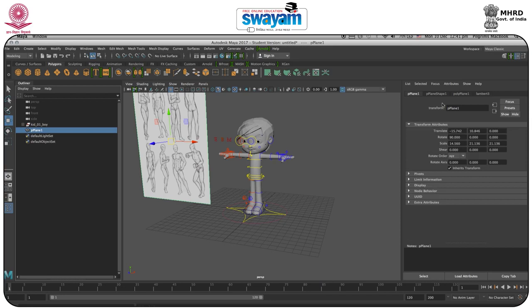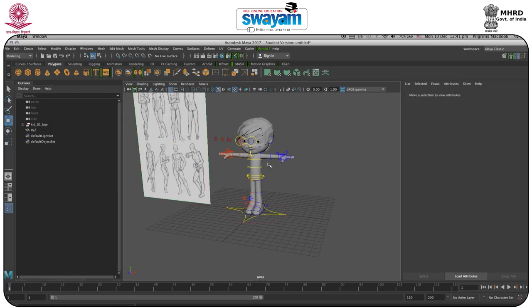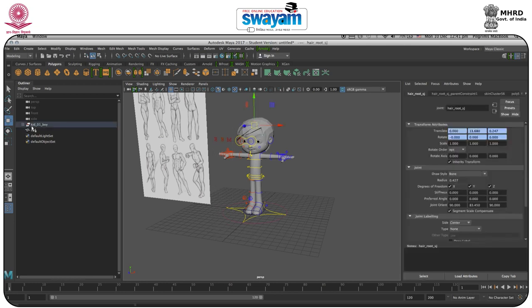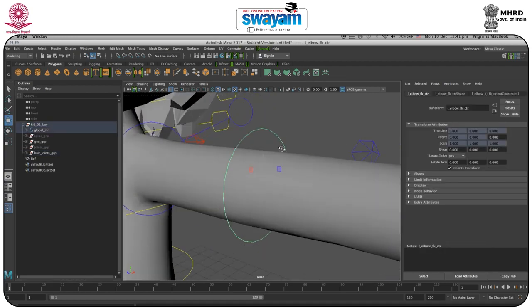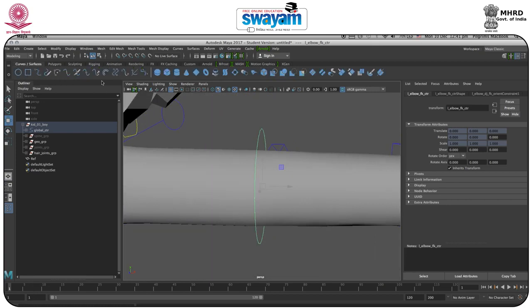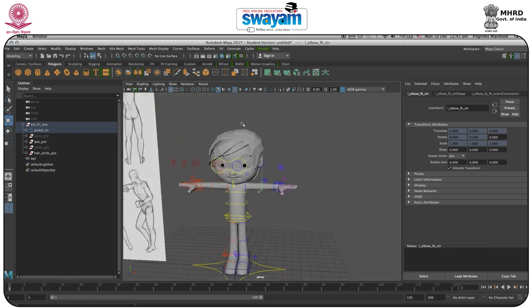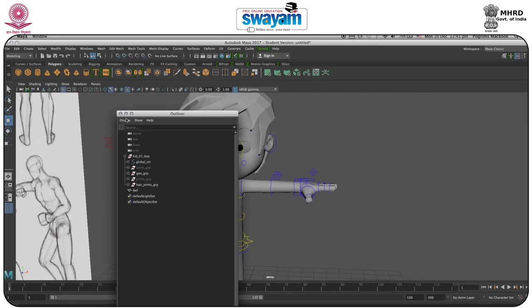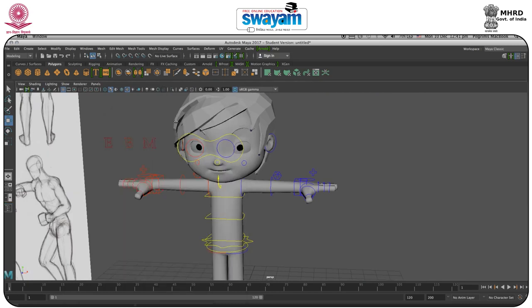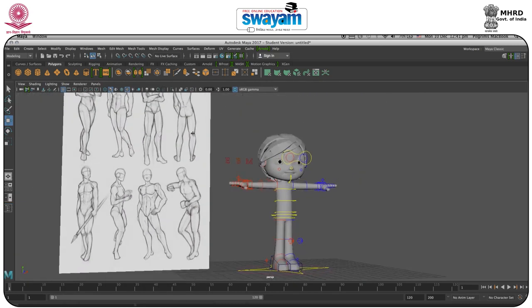So I will rename this ref, and all the things are there in my particular group. As you can see here, we have the model as well as the connectors, the curved parts, which is over here. You can make it from here, as we have discussed in rigging sections. So now we'll turn this off. We don't require the outliner, because we will work on the poses, and we'll select any of the poses.